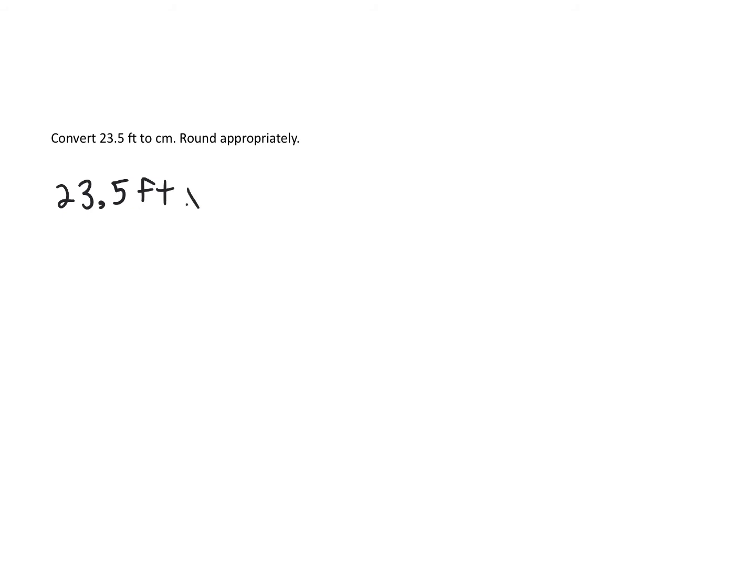So we start off, we want the feet to divide out, so we're going to have feet in the denominator, and we want centimeters. Again, these feet will divide out if you've set it up correctly. We can look up on our conversions. There's 30.48 centimeters to 1 foot. Multiply this out, we get